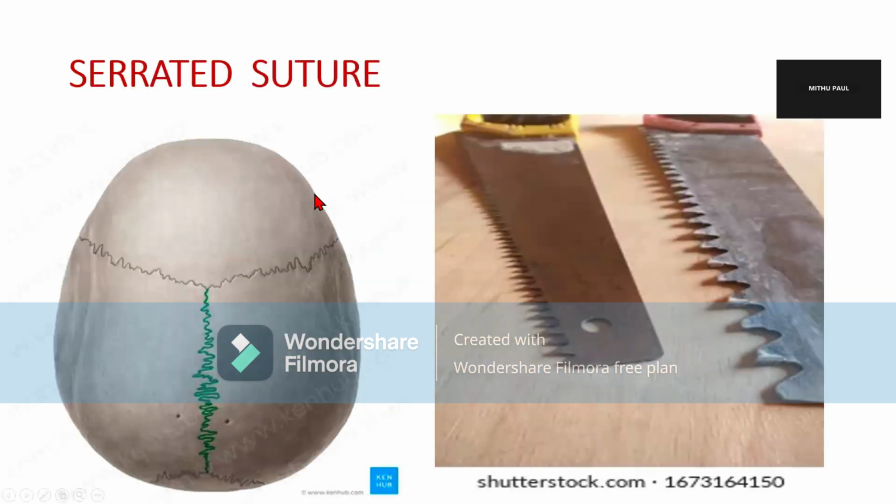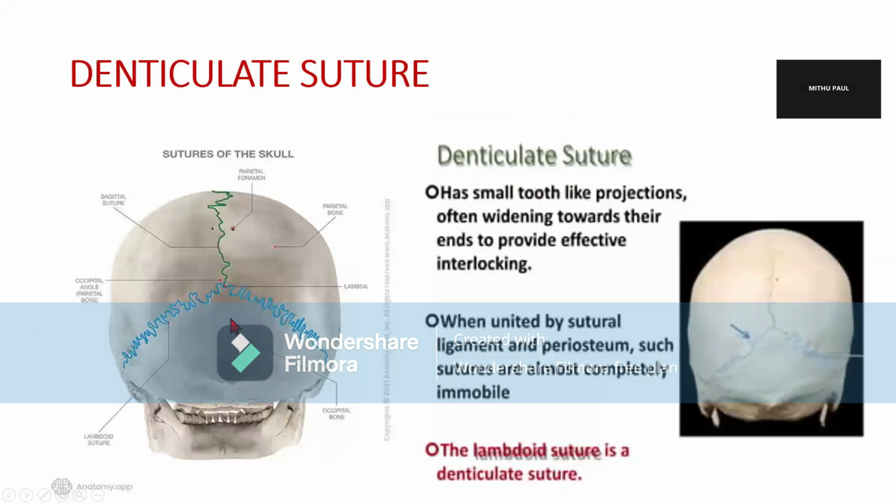Serrated suture means the edge of the suture has serrations, short tooth-like projections. An example of the serrated suture is the sagittal suture, formed between the two parietal bones at their superior border. This is an example of a